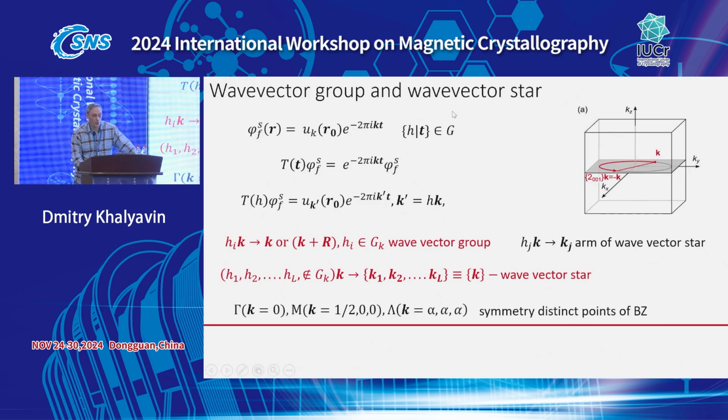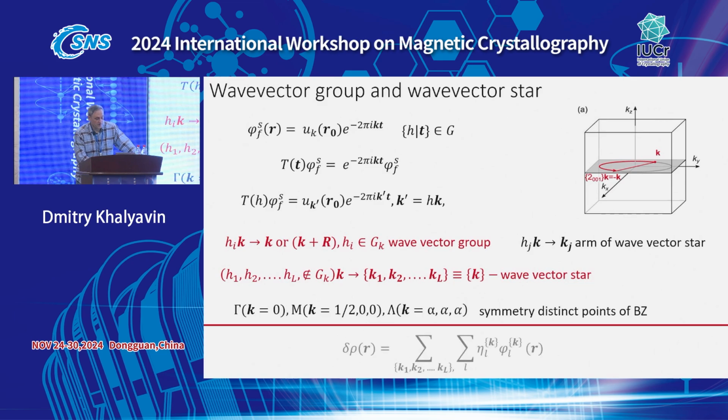If we go through all symmetry elements of our parent structure, those which don't change the propagation vector or change it to an equivalent one will be part of the wave vector group, while the rest of the symmetry elements will create a wave vector star, a set of non-equivalent propagation vectors. They're symmetry related, but non-equivalent in the sense that there is no reciprocal translation which